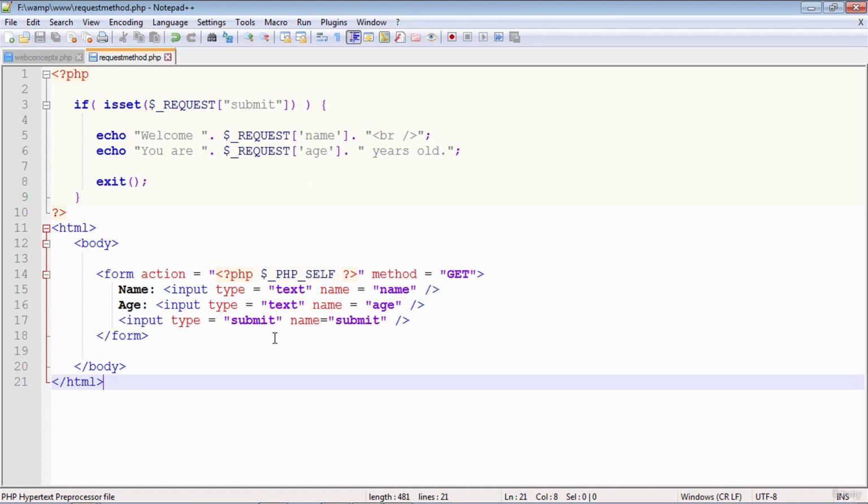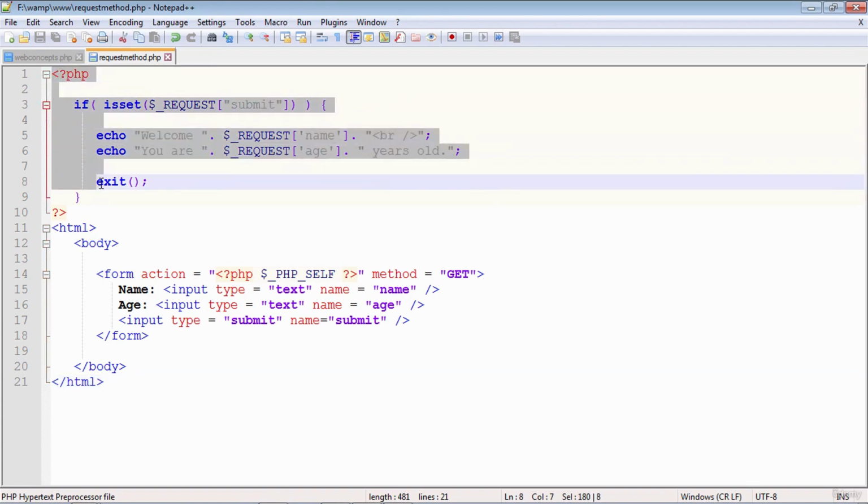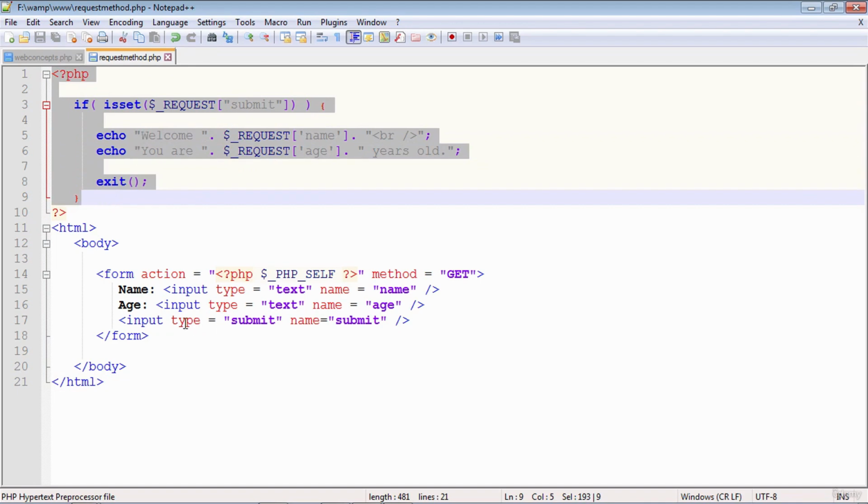When this request method.php is displayed by the browser the first time, obviously because the button has not been pressed yet, this condition will fail. This will not be echoed. Instead, the form will be displayed. After entering the data, if you press the submit button,